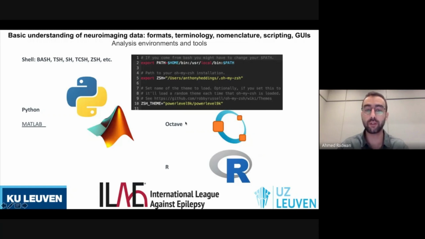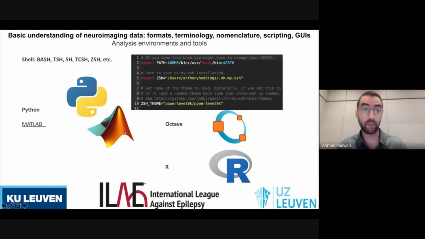Octave is a free alternative that was developed to address the shortcomings of MATLAB. MATLAB is a commercial program developed by MathWorks. It is very popular in the research setting for many different applications. However, it is not free. That's where Octave comes in. Octave is basically a free alternative developed by the GNU community